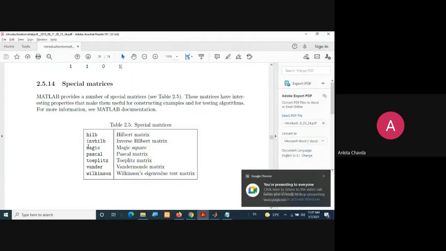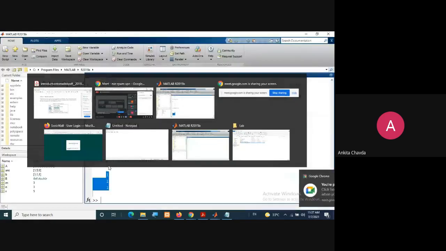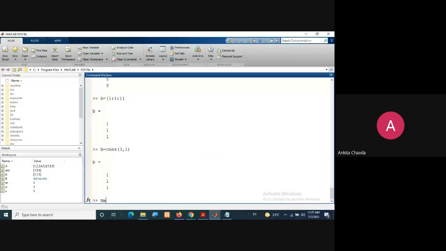Here we will try one or two, and the rest of that is the homework that you will do. Suppose I'm writing here magic of 4. What I'm getting here is, actually, what is the magic here? You can just calculate the sum of all your rows and columns and the diagonal, and let me know what you are getting.